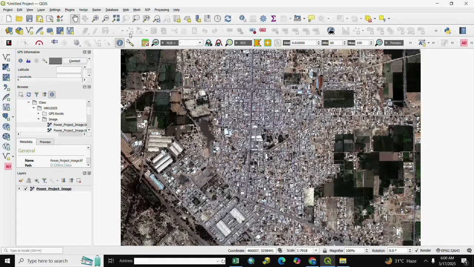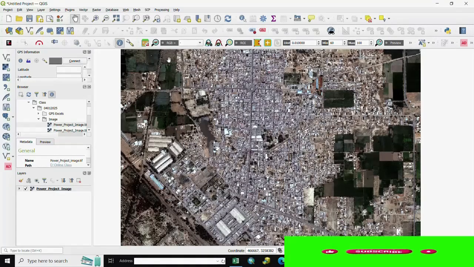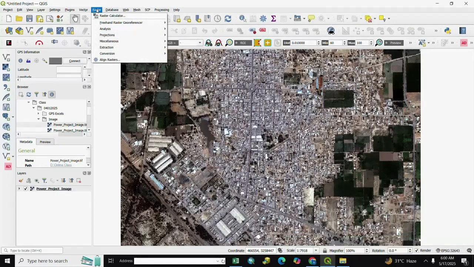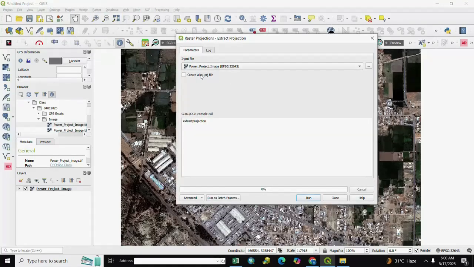Next, if you want to extract your projection, for extract projection you go to Raster, Projection. You see Extract here. Here is the input file.